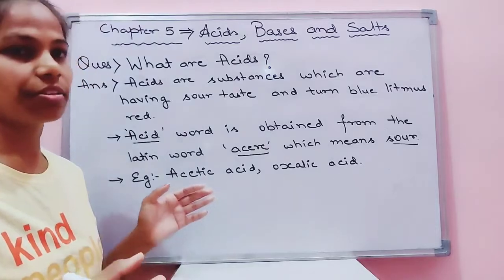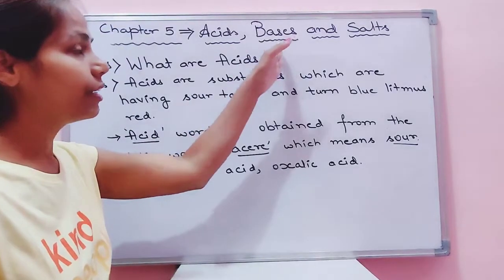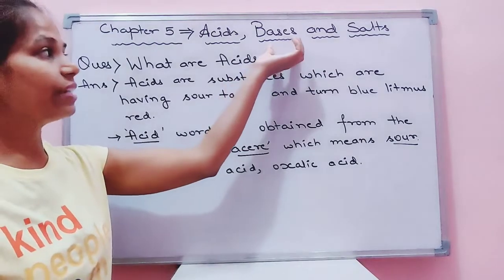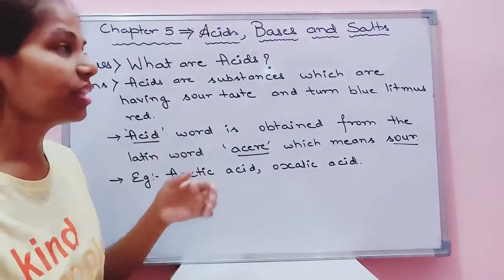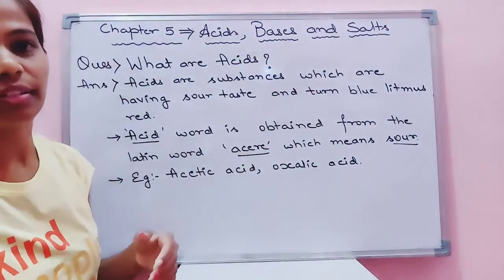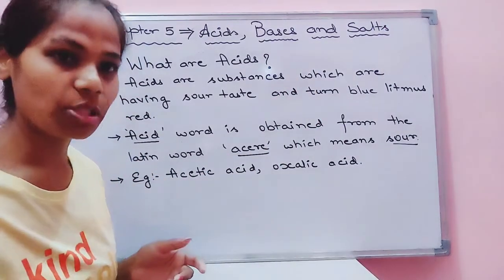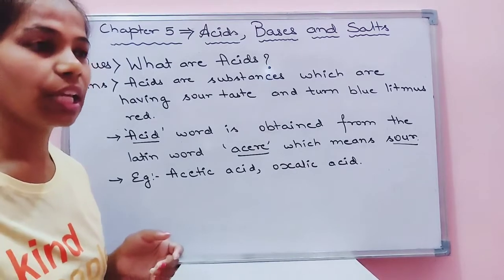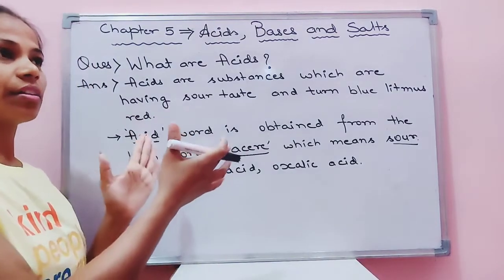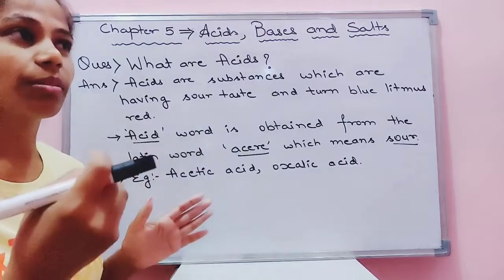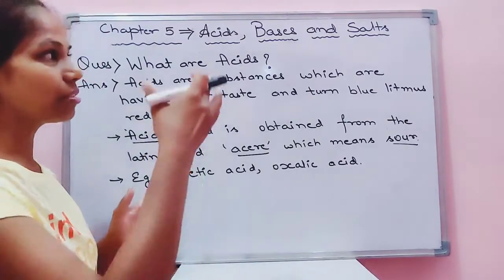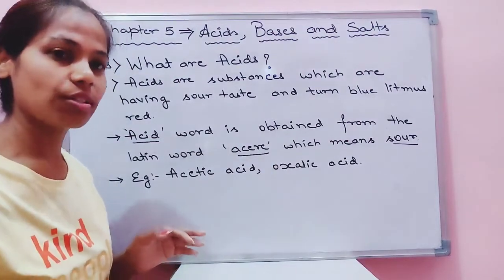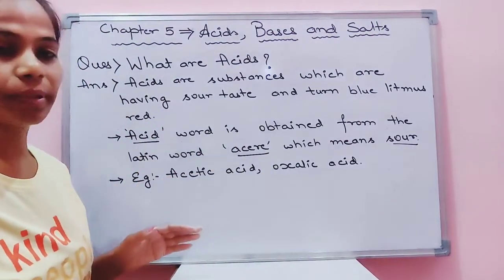So that bitterness shows its basic nature. Okay, that is why it is included in the bases. Then last is your salt. If you had eaten the normal salt, NaCl, common salt found at home, that is also found with a somewhat bitter taste. So that is also having a specific column, that is salts. Okay, so let's start the topic.